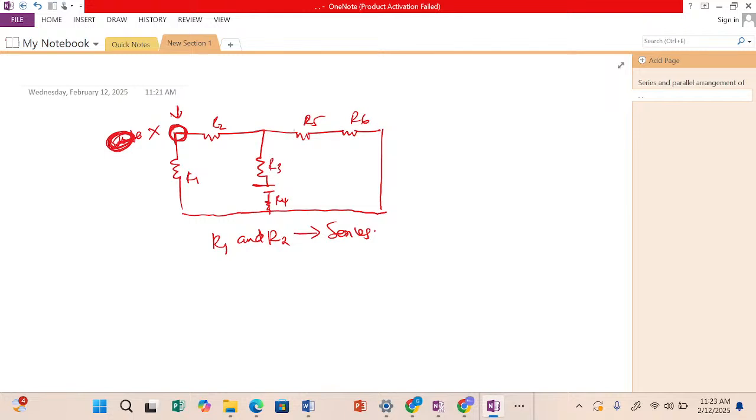Now let's look at another one, R5 and R6. So we can also say that R5 and R6 are in what? Series. The reason is because there is no node between R5 and R6, right? So if there is no node, then it means that the same current will flow through R5 and R6, making it a series arrangement. Right, now let's take R3 and R4. This is R3, this is R4. Now with R3 and R4,